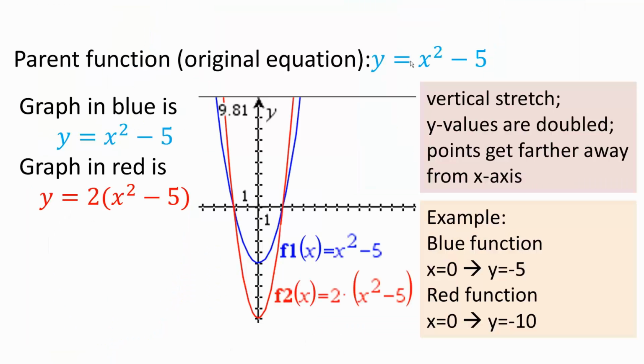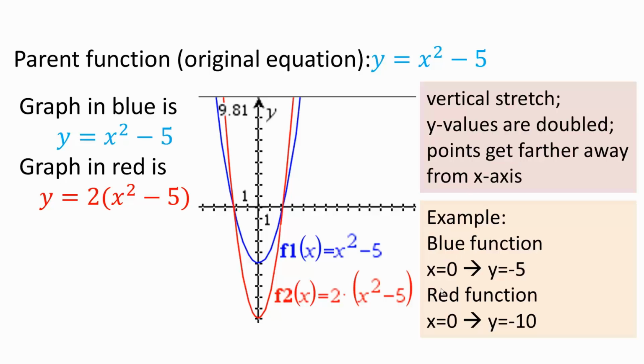Let's say the parent function is y is equal to x squared minus 5. And that's represented by the blue graph. And then the graph in red, we are multiplying by 2. And so we're saying 2 parentheses x squared minus 5. This will be a vertical stretch because the y values are doubled and the points get further away from the